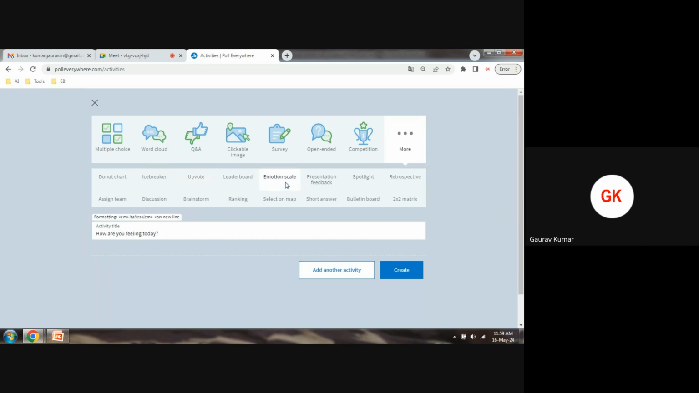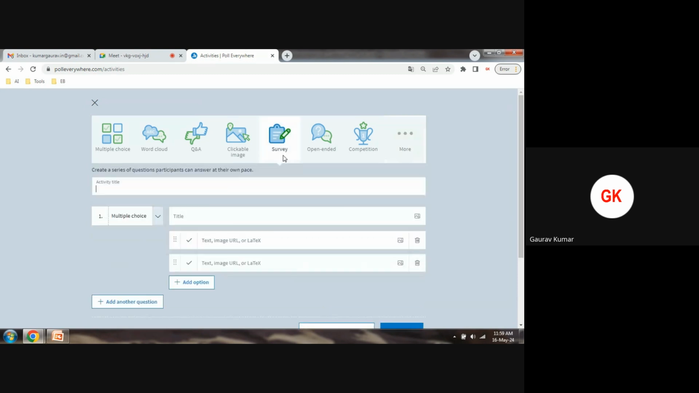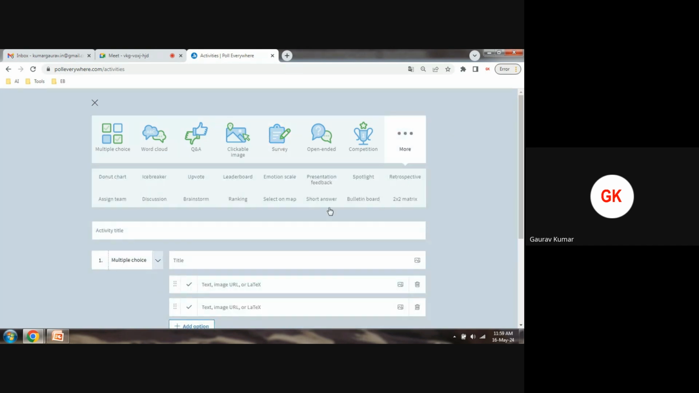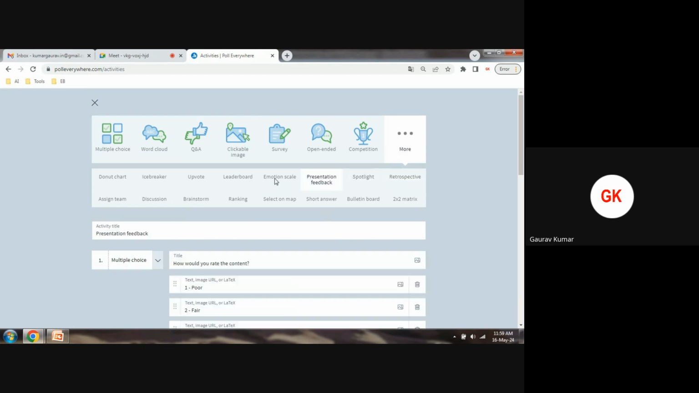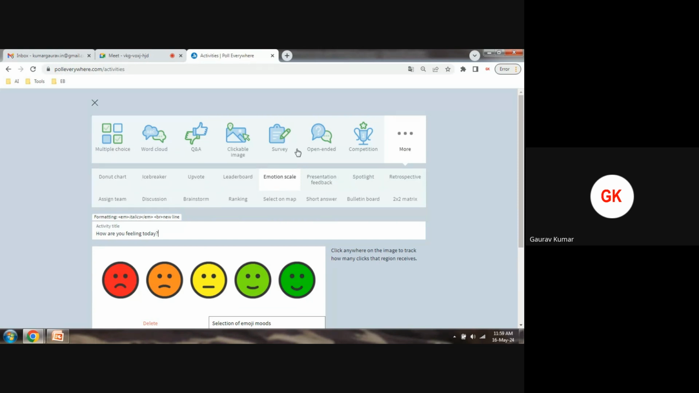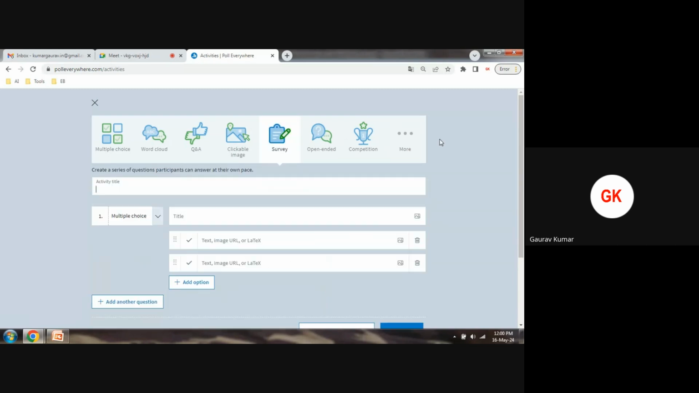Emotion scale, brainstorming, survey, short answer type question, or presentation feedback. So the very first module we will implement here is related to survey. Okay, for example,